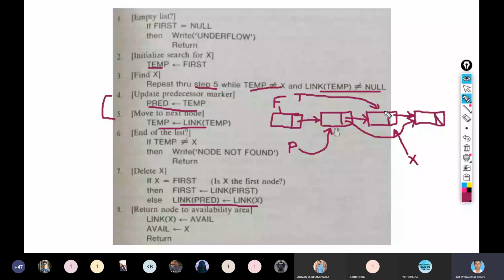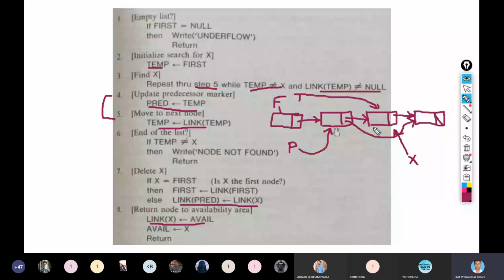The node which was pointed by x is now deleted, and the node has recently been freed. So for that, the link of x is equal to avail. You have to restore this node back to the availability stack, right?